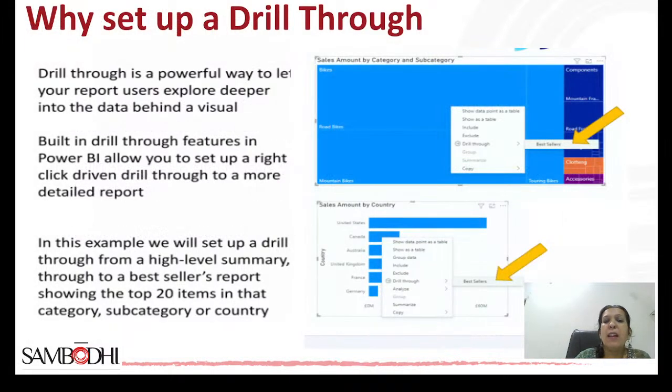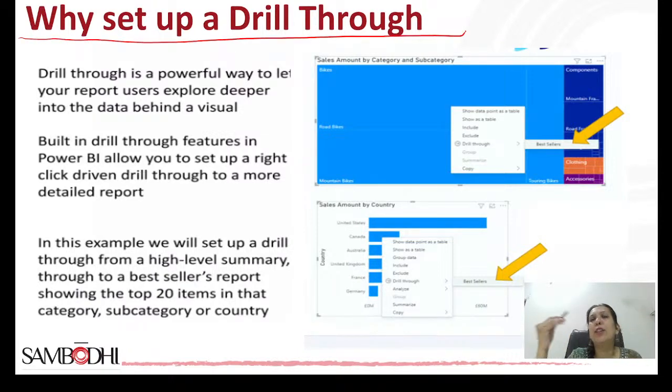Now, there is a question: why do you need a drill through? What is so necessary, and why is it so important that we really need to work on that? It is a powerful way to let your report users explore the deeper meaning of the data behind the visuals, right? Basically, these features allow you to set up a right-click driven drill through to a more detailed